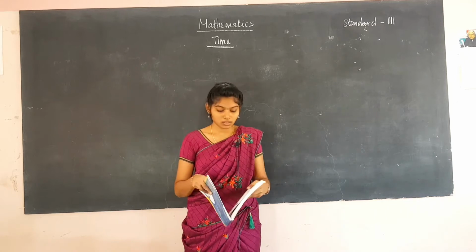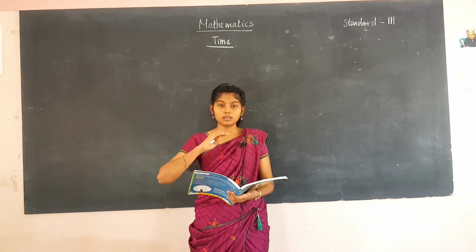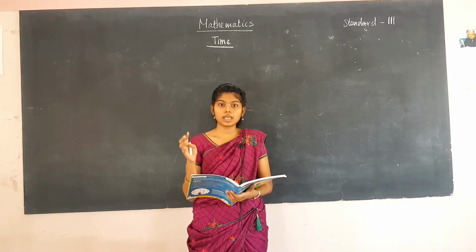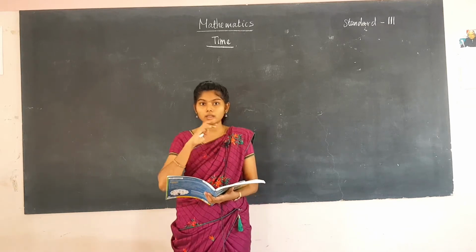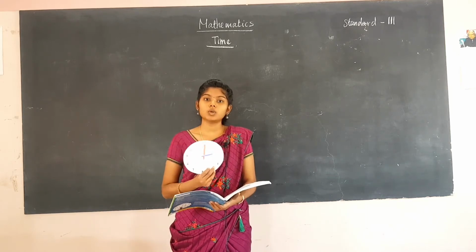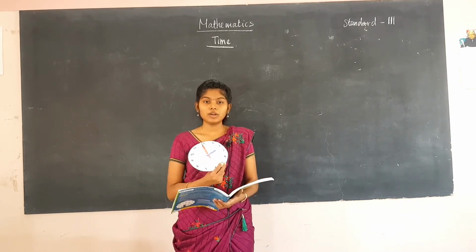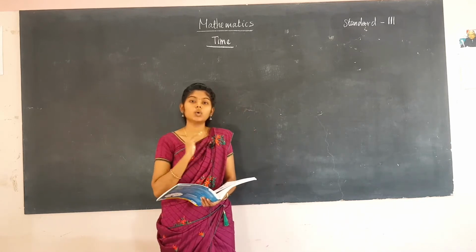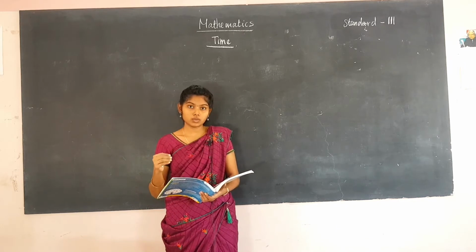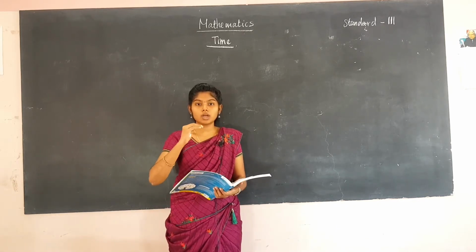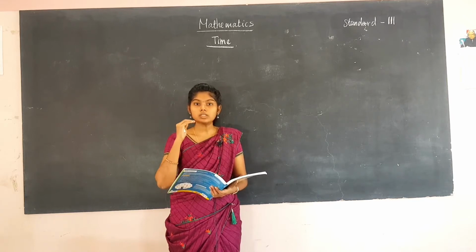So time means you will see the calendar, that only the time passes by. It is used for seeing the days, dates and the year as time passes by. So you know what is meant by a clock and how you will see the watch. This is the reference picture I have taken for you, and this is a clock and the calendar. You know what is meant by calendar, daily you are used to see the calendar, right? So now you are going to come to know about the time, how to see the time.